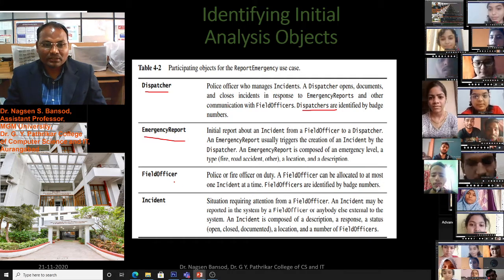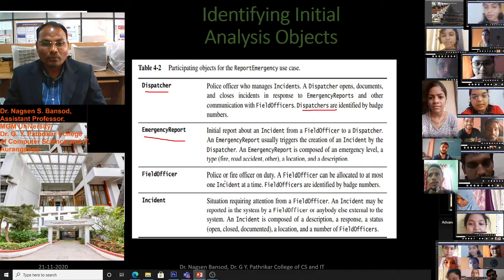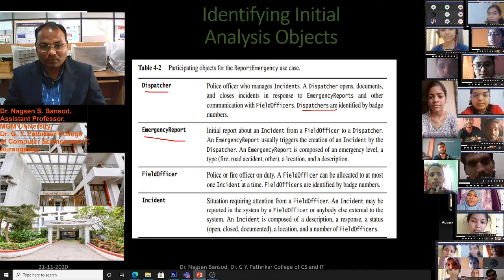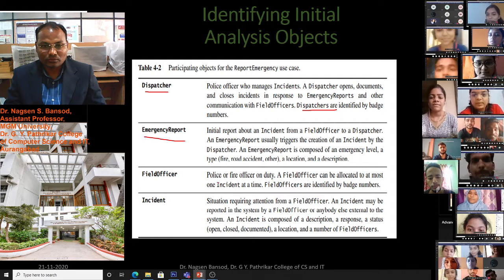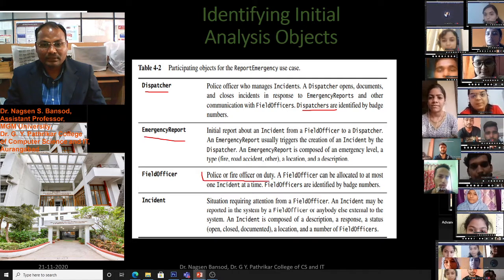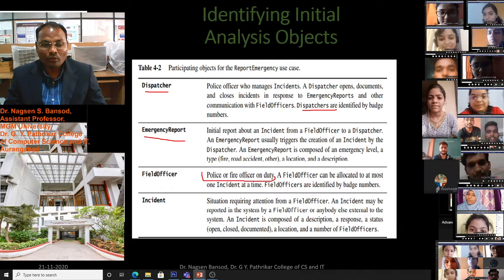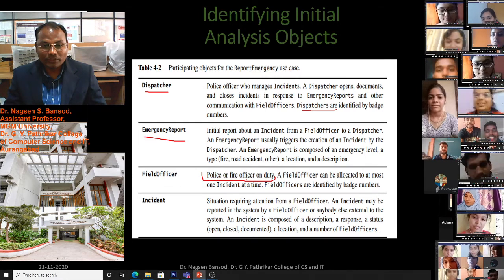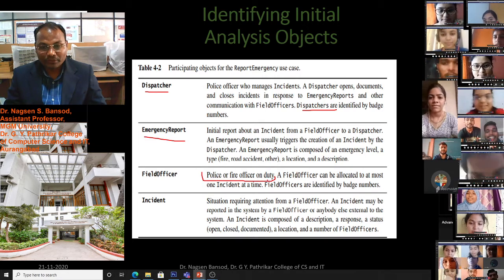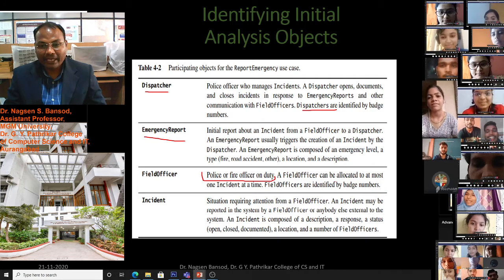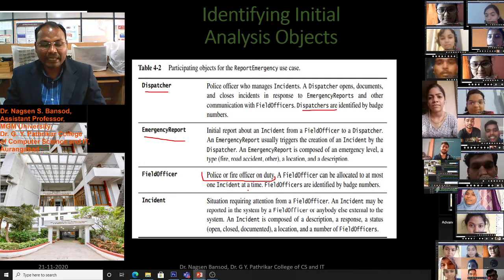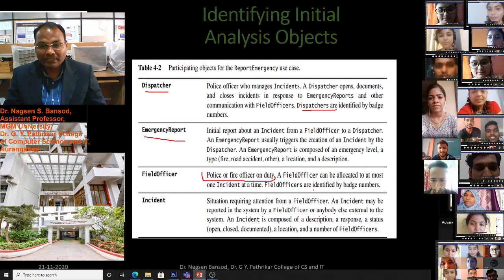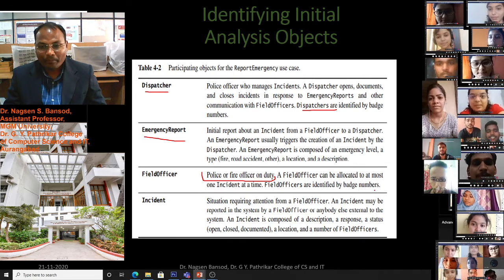Field officer, police or fire officer on duty. A field officer can be allocated to at most one incident at a time. Field officers are identified by badge number.